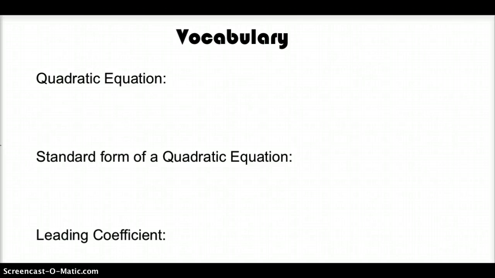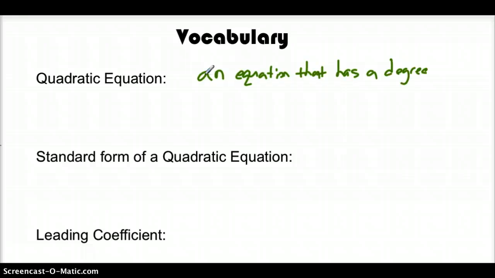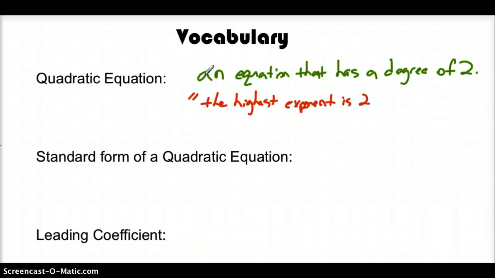Okay, so a quadratic equation here, again, just a little bit more vocab for us. A quadratic equation here basically is going to be, I'm going to call it, an equation that has a degree of 2. Basically that's going to mean, I guess, the highest exponent is 2, right? So far we've looked at standard form of a quadratic equation, which I sort of mentioned in